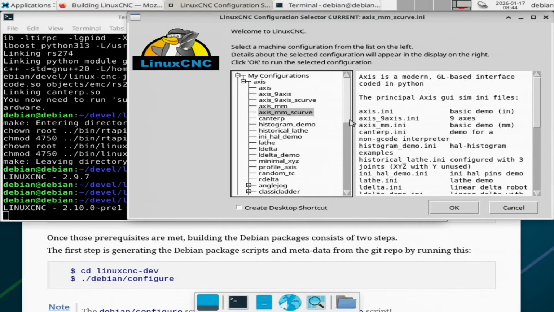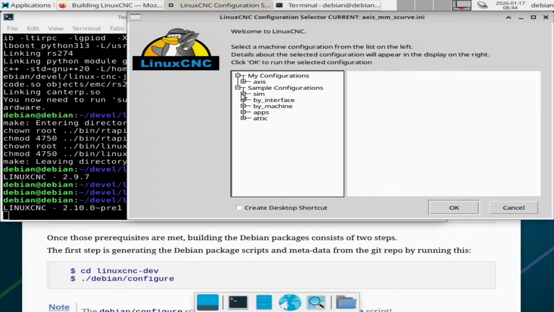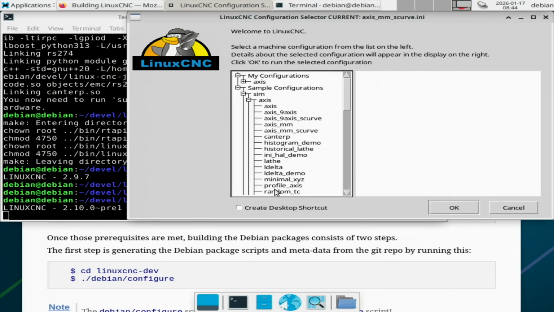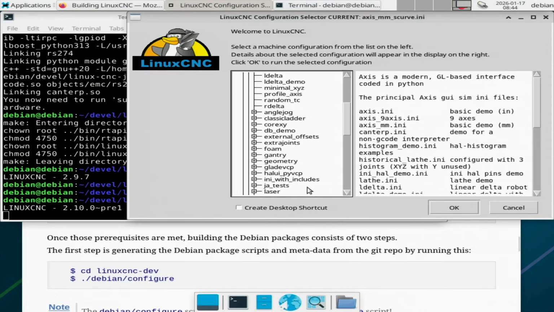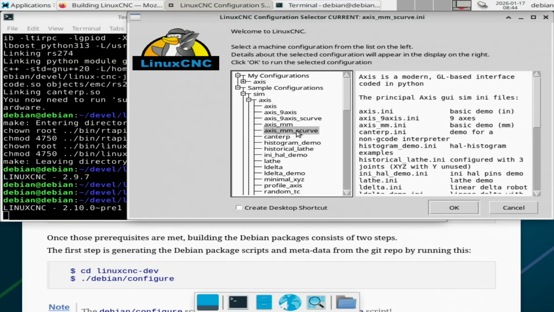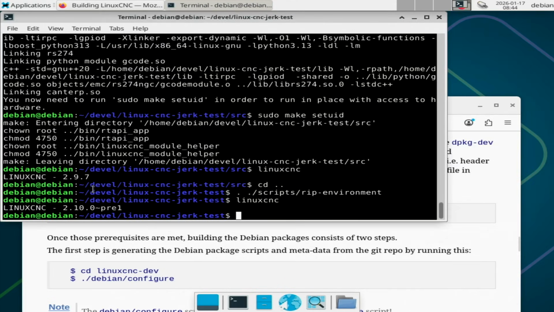Here we have, under sample configuration, sim, axis, you'll find axis millimeters S-curve, which is the one that I always use, metric in Australia, and the standard one being axis millimeters. So that's the one that you want to run. I've already copied it into my configuration, so I'll just cancel out of this and we'll go to